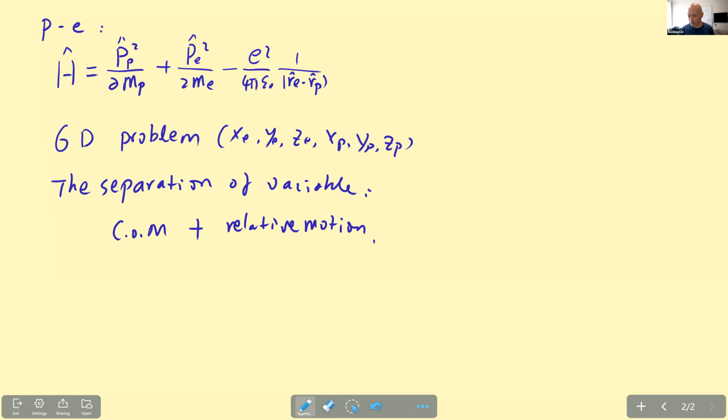So then we can define the center of mass momentum, written as the electron. Right. And the relative one equals to